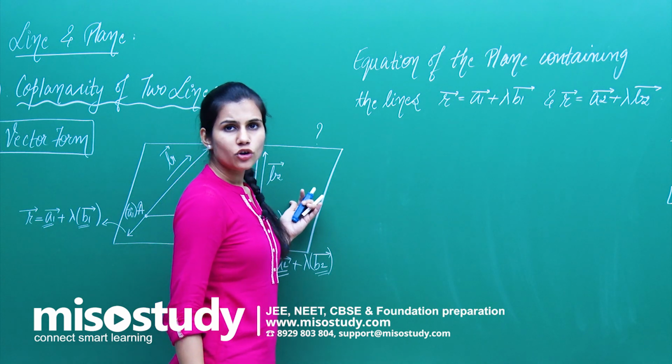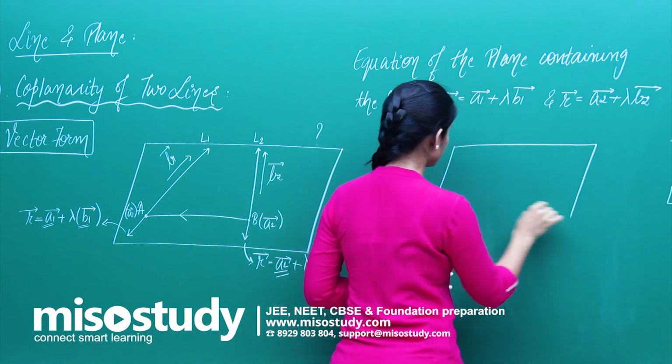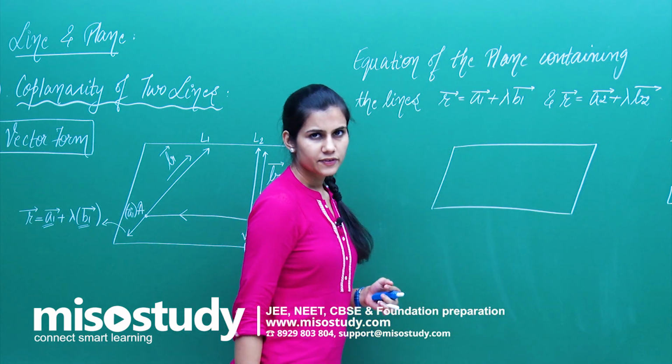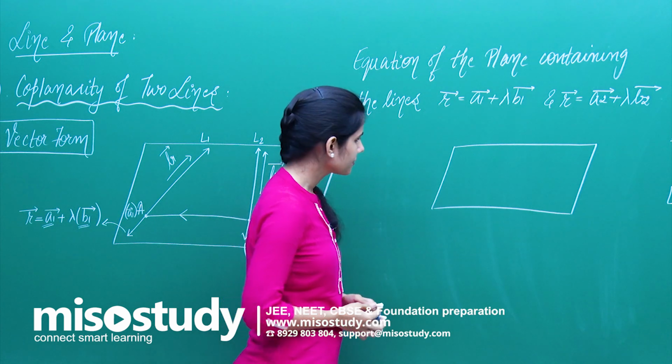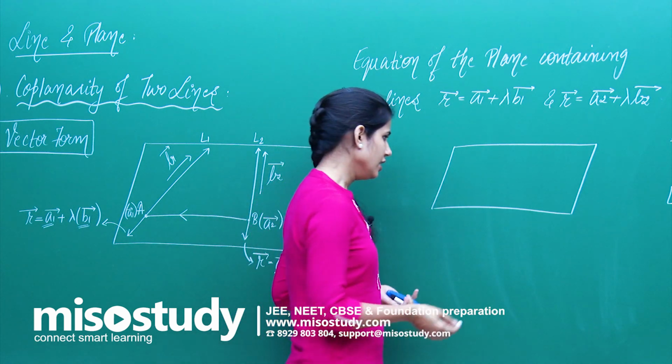When I am individually talking about a plane, if you can recall our very first class, first or second class on planes, we had done this very major result which is responsible in giving us equation of any plane we require. One is,